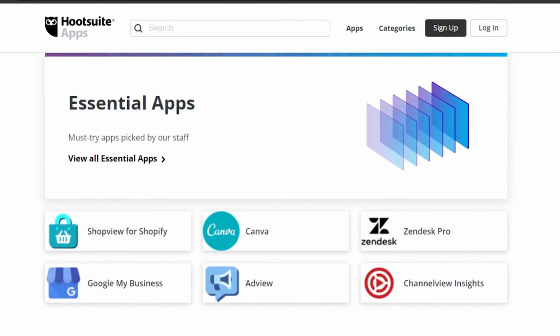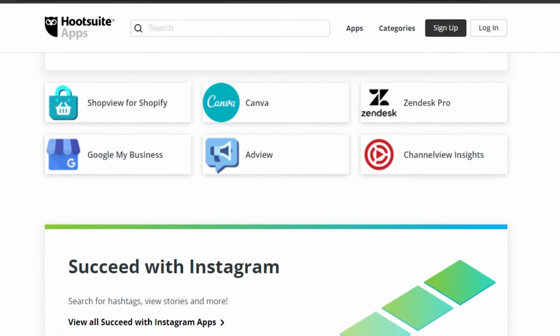Then there are essential apps such as Canva. What you can do is create a social media post in Canva, and then add it to your social media through your Hootsuite. You don't need to go to any other platform. You don't need to open each platform one by one and post. You can just simply create a post, and then with your integration available, you will be able to manage it